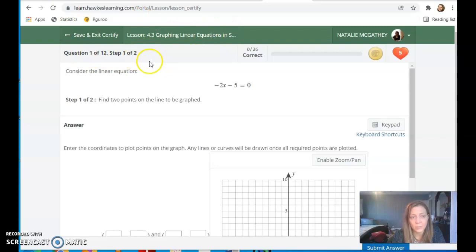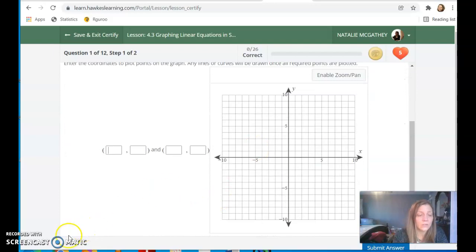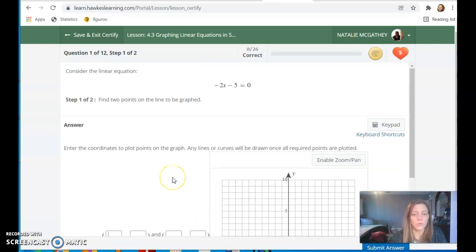There's a couple steps per question. In the certify section, the questions might be shuffled around. The numbers might be a little bit different. And notice that you don't have these hints down here. You don't have a hint, send to instructor, or the interactive tutor. So you sort of want to treat this as a way to quiz yourself to see if you really do know how to do these problems.